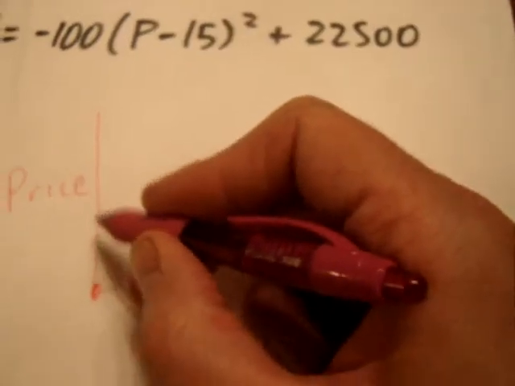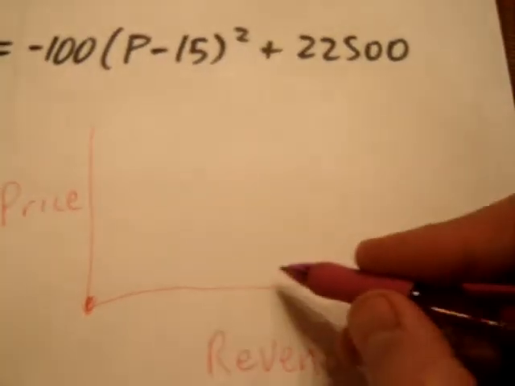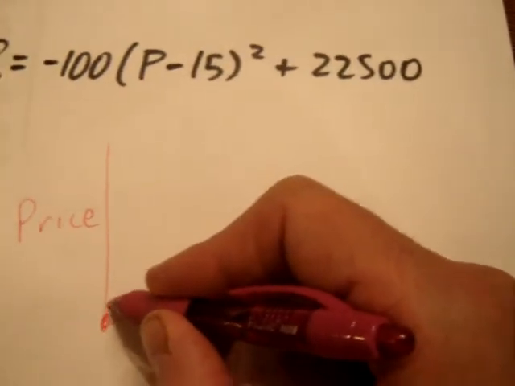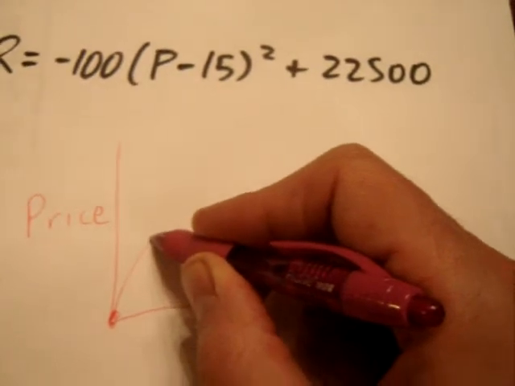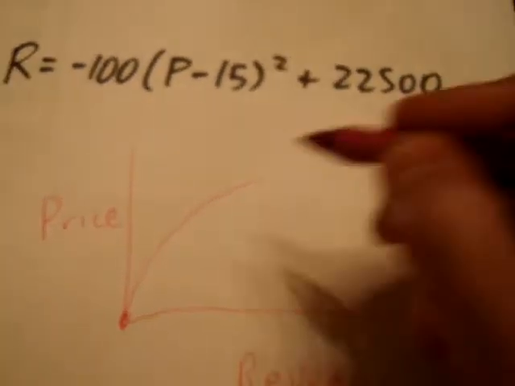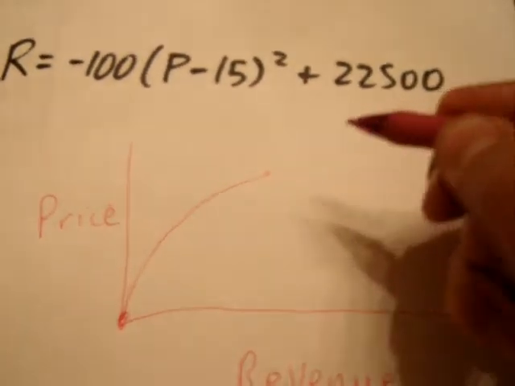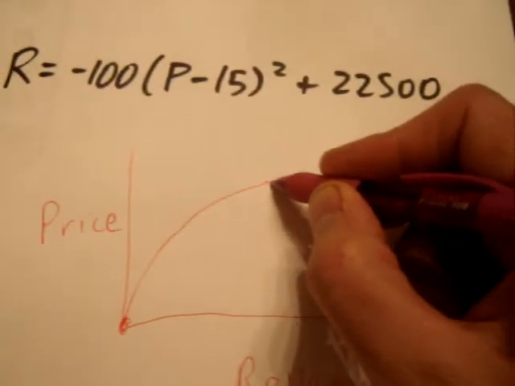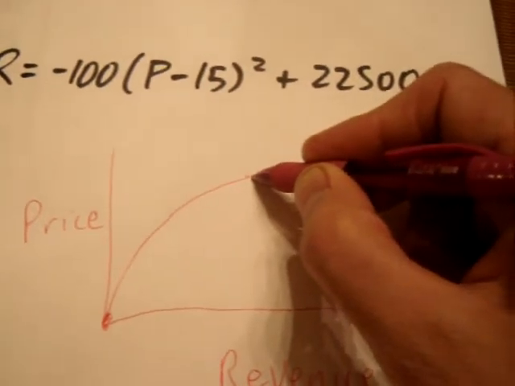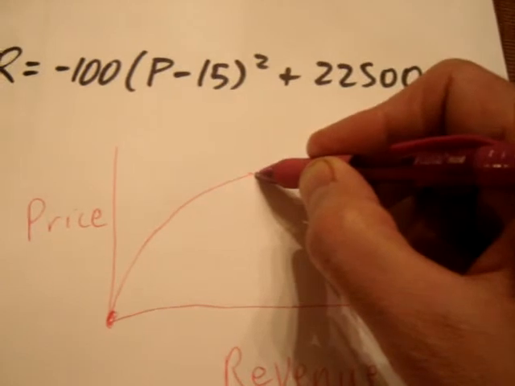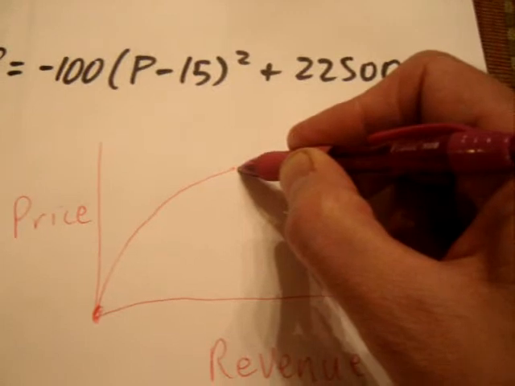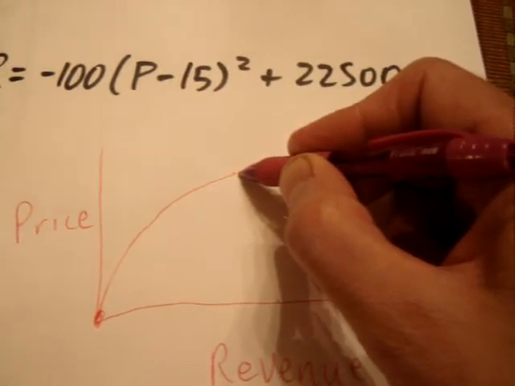Now, as the price started to increase, less people would show up to the game, of course, but you'd be making more money. And so our revenue, the amount we received, would go up and up and up. But there would come a point where the price became so high that any more would actually start decreasing the amount of money that you received. For instance, imagine if the Spitfires charged $100 per game. Not a lot of people would go to the game, or at least not as many as go now, and probably their revenue would start to decrease. Well, that's what happens in this situation too.